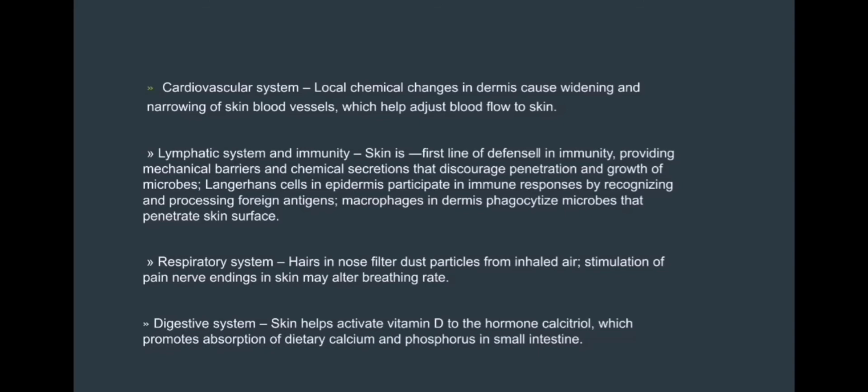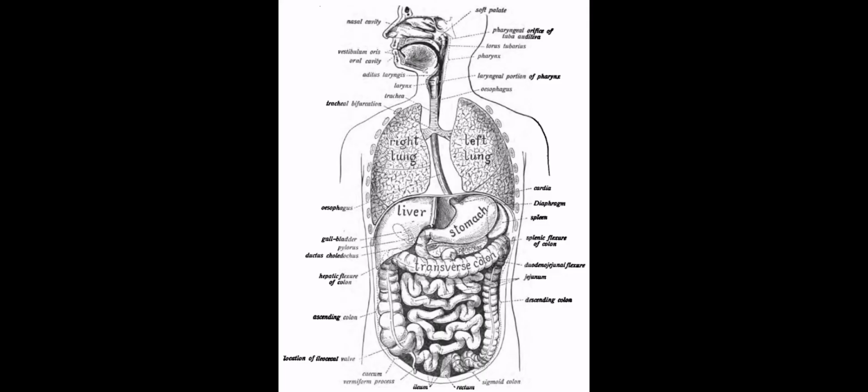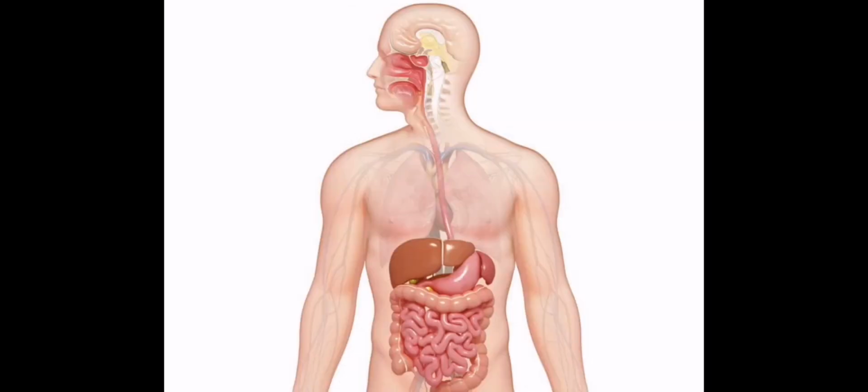Digestive system. Skin helps activate vitamin D to the hormone calcitriol, which promotes absorption of dietary calcium and phosphorus in the small intestine. The human digestive system consists of the gastrointestinal tract plus the accessory organs of digestion: the tongue, salivary glands, pancreas, liver, and gallbladder. Digestion involves the breakdown of food into smaller and smaller components until they can be absorbed and